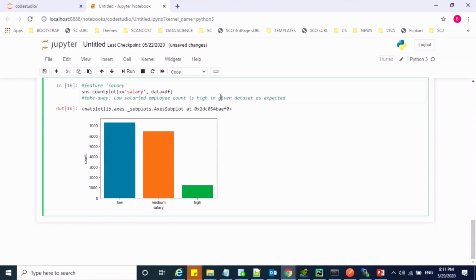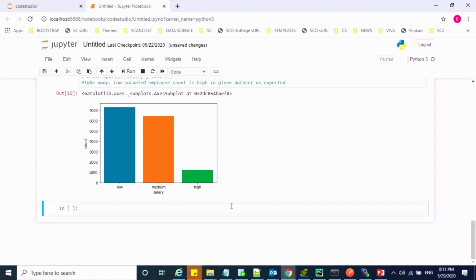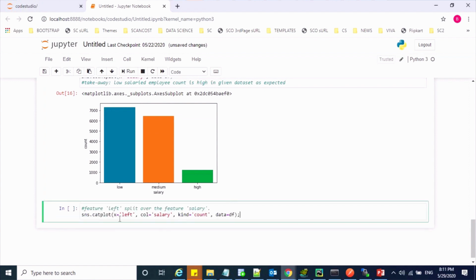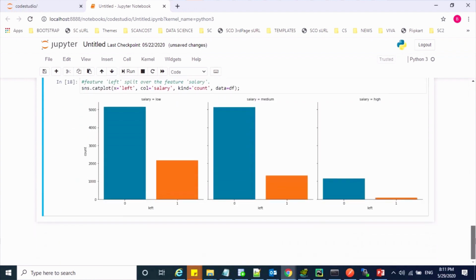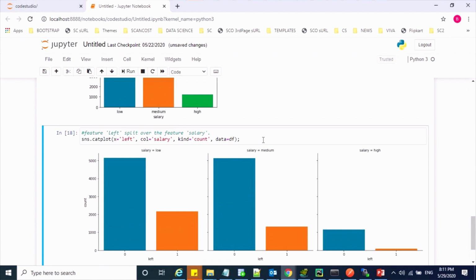Now we will see the target column, left. We will try to split the target column count based on salary. Here is the method we need to use, the cat plot. Let me run this command. So this is the plot.